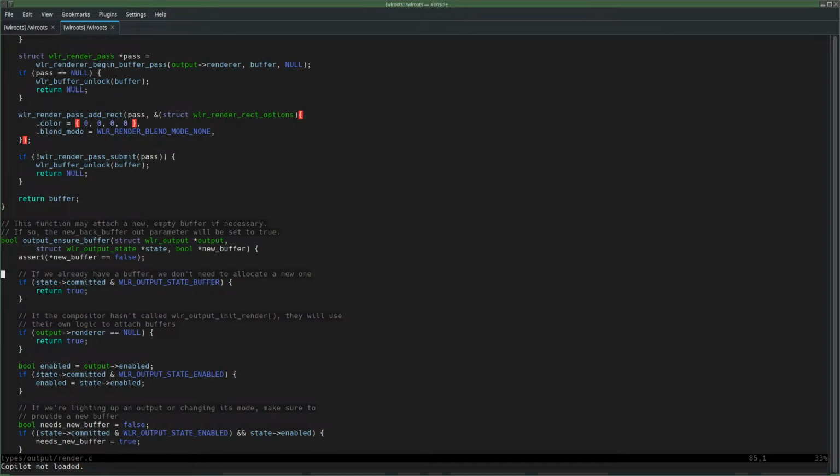If you already have a buffer, we don't need to allocate a new one. Oh, the thing is, okay, so, I'm investigating something where the output state buffer bit was set. So this function is just never doing anything. But that is so weird, because the buffer that we do have here